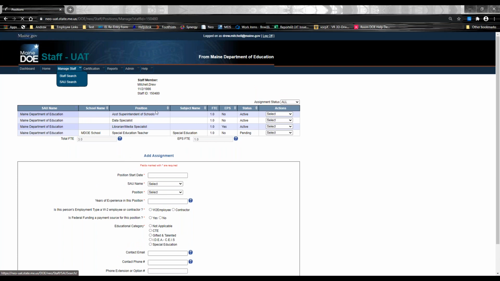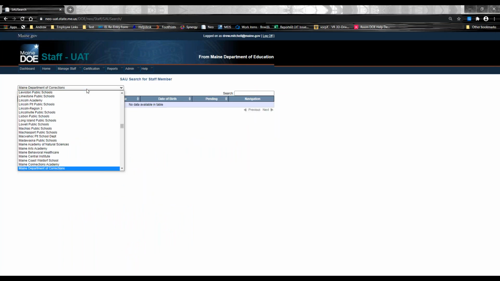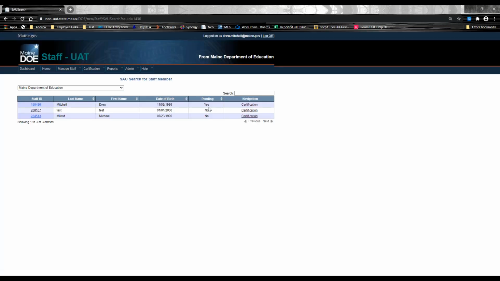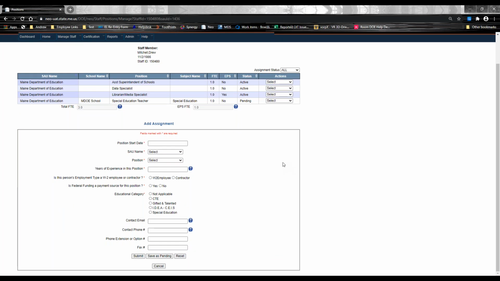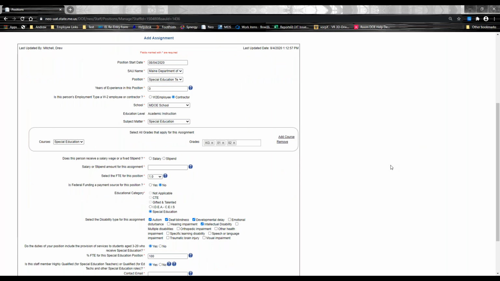So if I was to go back to SAU search, you'll see that I have a pending position. You can easily filter on these to figure out later down the road if you have someone who's pending, and then you'd be able to go back in and finish editing that assignment. That's a lot better than just canceling out and having to restart from scratch, especially if you're adding in a new employee, because then you have to go through the process of putting in their social security number and all that other information. So I can click on actions and click edit, or I could delete it if later down the road you decide you didn't need it,